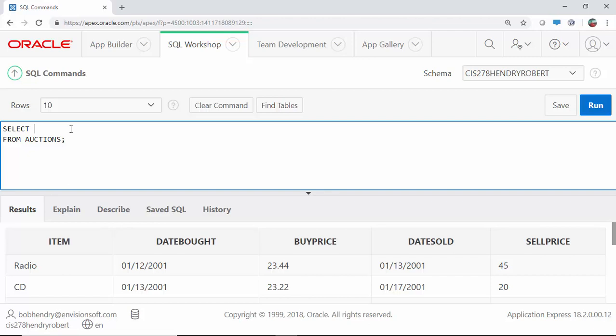You don't have to categorize it. Is it an aggregate function? Is it not? It doesn't really matter. But we can do something like this. Select distinct item from auctions. Now what this will do, as you will soon see,